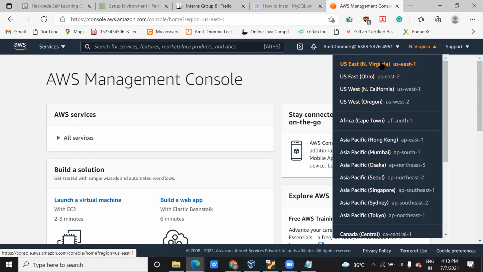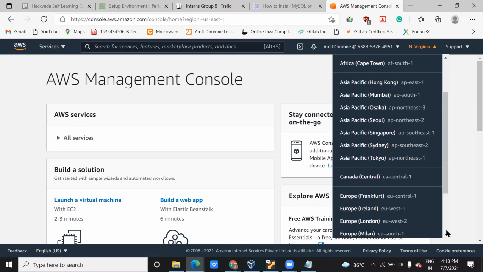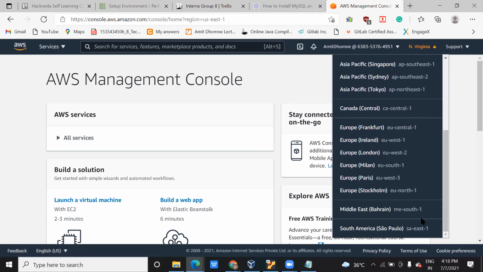But it's not that you can't use others. Based on your requirement you can use, for example, Asia Pacific Mumbai also. You can use any of these servers based on where you want to deploy your application or host a server. So a region is just a server where you want to deploy.